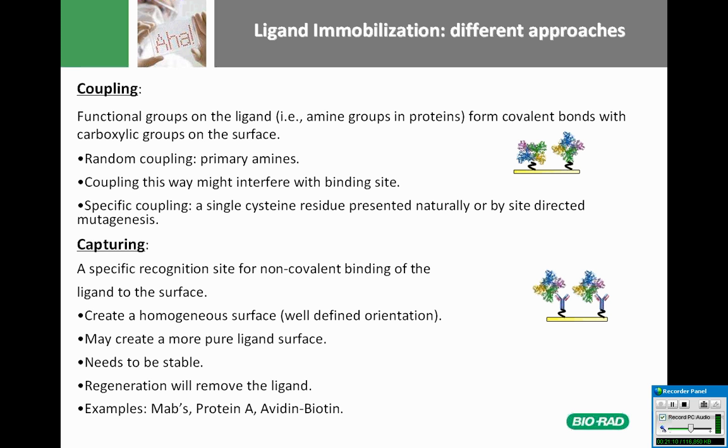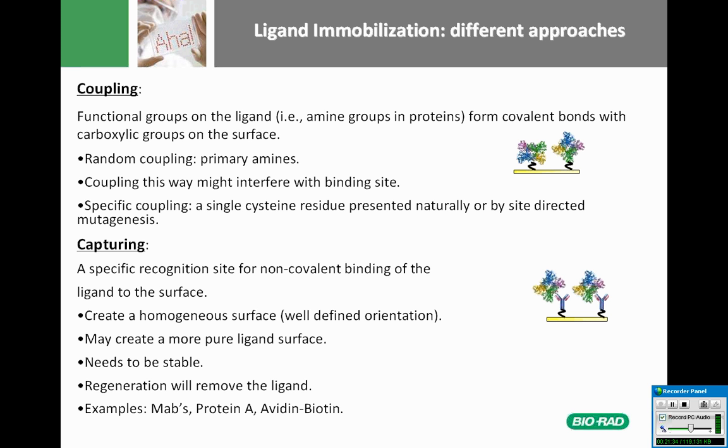If you have a peptide, you can engineer a cysteine as the first amino acid, and on the other side introduce a cysteine on the chemical layer, and then it will form a disulfide bond, which will be very stable. The other method is capturing, and this is a reversible binding of your ligand to the surface, and it's